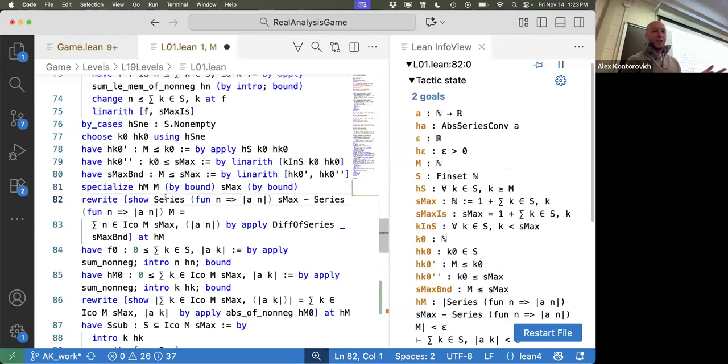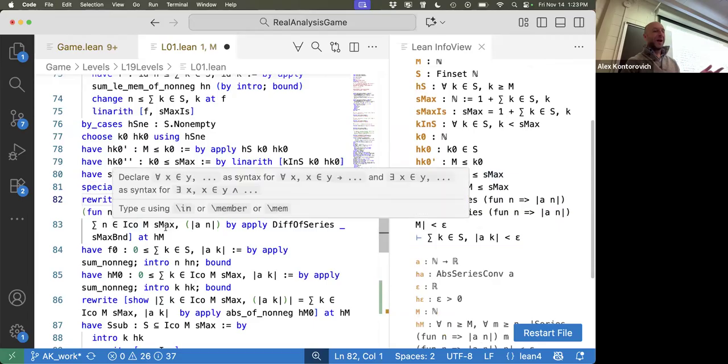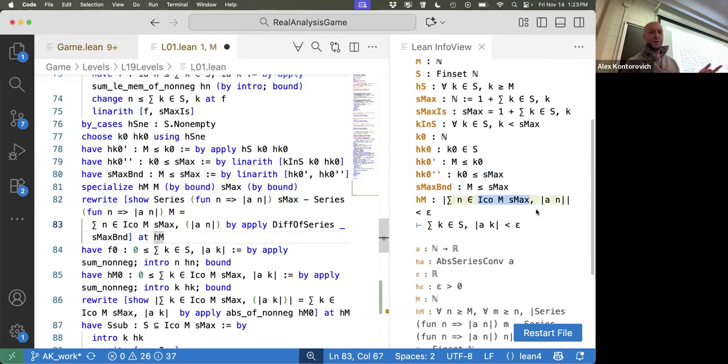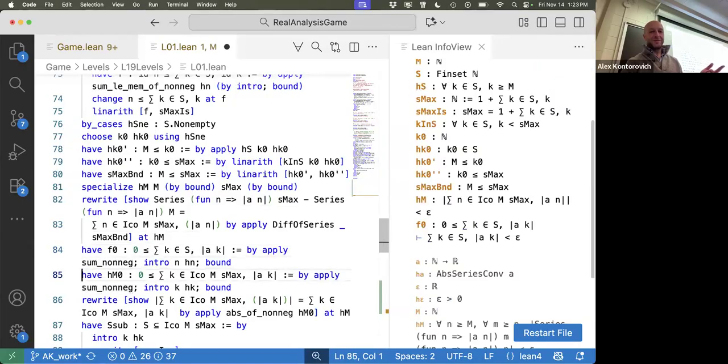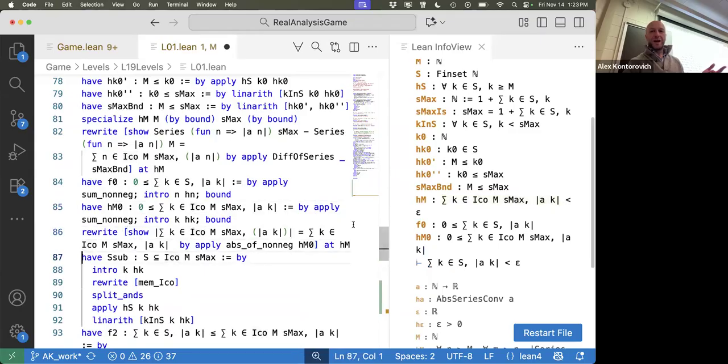Okay, I want to change the fact that it says series. So this difference of series is just an ICO, ICO from m up to m max. So far, so good? Did I lose anybody? No? Okay, great. So we know that this sum is at most epsilon. The elements in AK are non-negative. Therefore, we can remove the absolute values. Here, I'm just removing the absolute values.